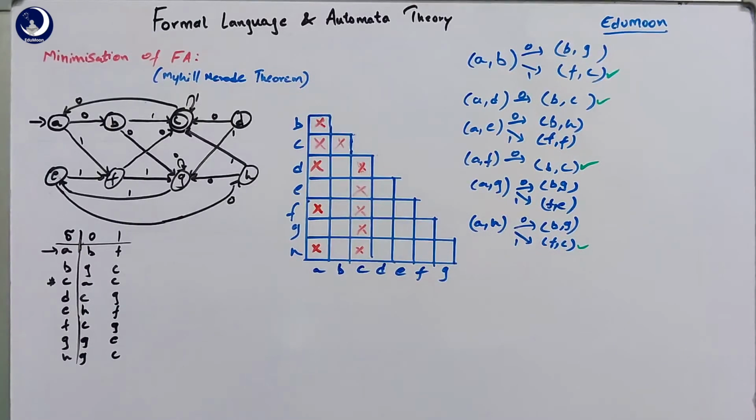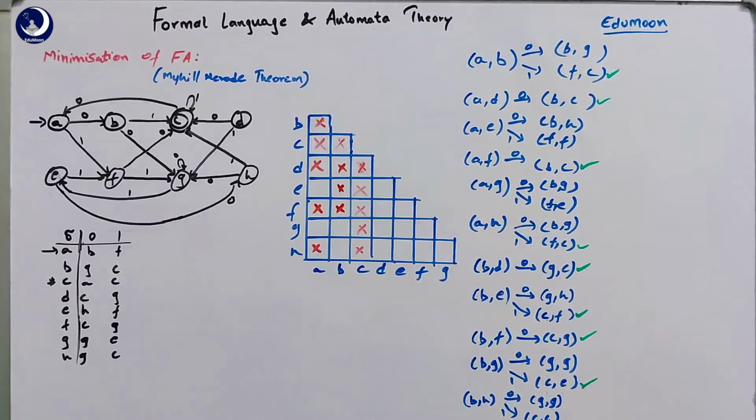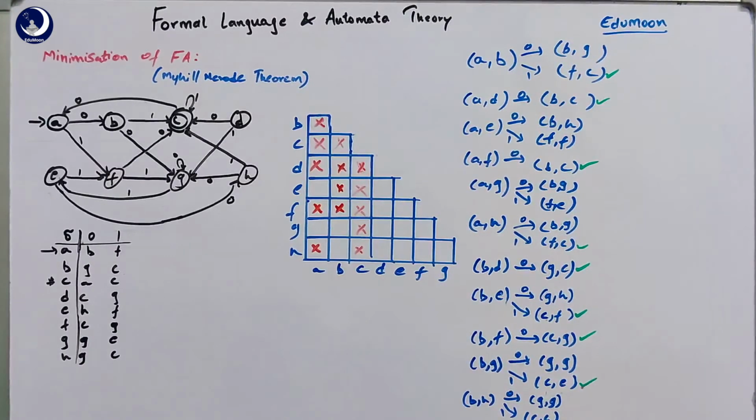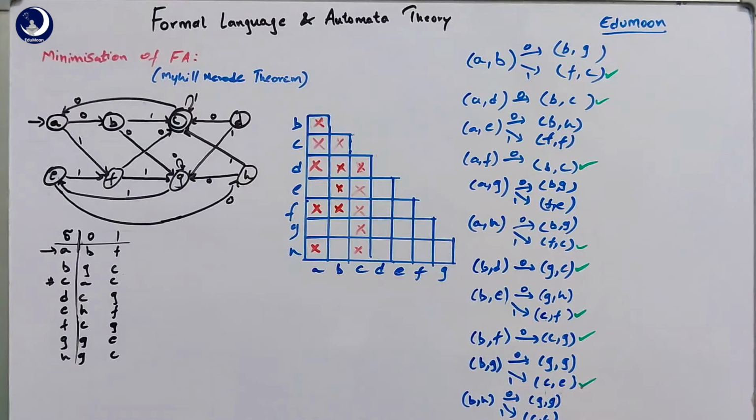So we continue this process with the remaining blocks, with the combinations of B now. So we take BD, BE, BF, BG and BH. So directly I am writing the markings here. You can check that. Now when we check all the combinations with B, BD, BE, BF, BG and BH, all these get marked here. So BD is marked, BE is marked, BF is marked, BG is marked, and BH is generating a combination which is not existing, GG and CC.